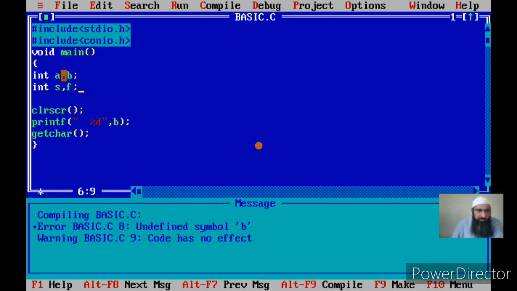Now, I am declaring A, then I am declaring B, then I am declaring S, then I am declaring F. The variables are always generated, or these names are generated, from left to right in a sequence. Now first A will be generated, then B will be generated, then S will be generated, and F will be generated. By the time we are at the point B, A has already been generated by the compiler. That is, by the time the compiler comes to B, it knows about A. So I can say B equal to A. See, this won't give me any error.